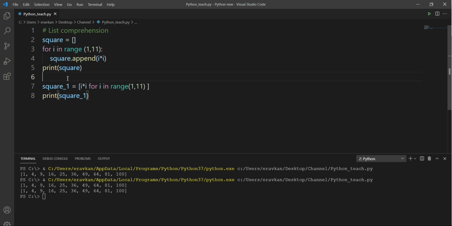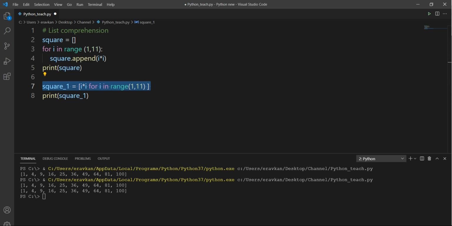So for list comprehension, you use square brackets. When we discuss dictionary comprehension, in that we will use curly brackets. So in list comprehension, you use the square bracket, then this is the value you want to append to this list, and this is the for loop you want to run through the values.